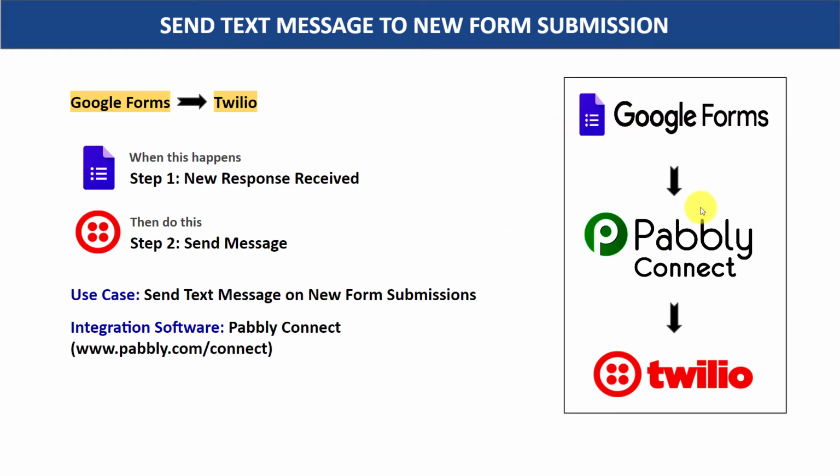Here you have two choices. The first choice is to copy all the details of John from Google Forms, sort it out, compose a message and manually send it on SMS sending apps like Twilio. The problem with this approach is it's very repetitive and tiresome. So I would suggest that you bring in some automation so that whenever a new response is received, it will automatically send an SMS on SMS sending apps.